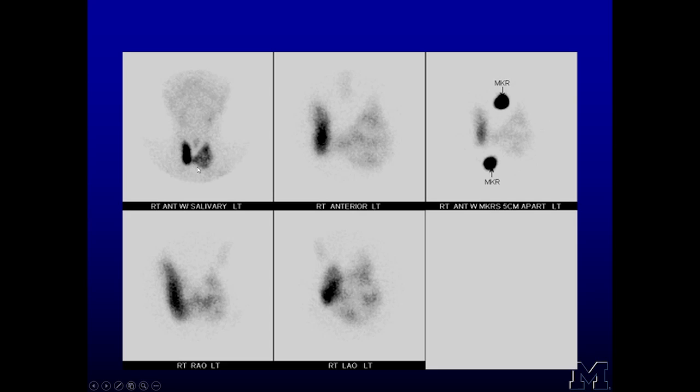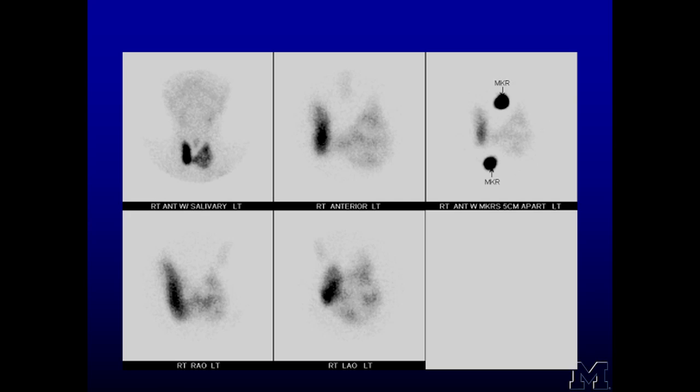As we see, the scan shows clearly enlarged left thyroid lobe, which concentrates the radioisotope at much lower level as compared to the contralateral lobe. And we can notice from this image that there is significantly increased thyroid to salivary gland ratio consistent with hyperthyroidism. In addition, we have actually a very faint uptake in the midline neck consistent with a thyroglossal duct remnant tissue,